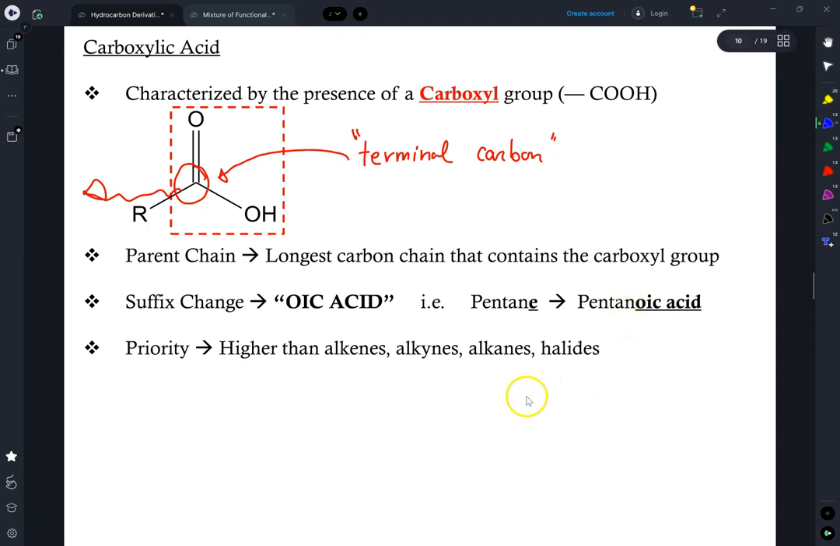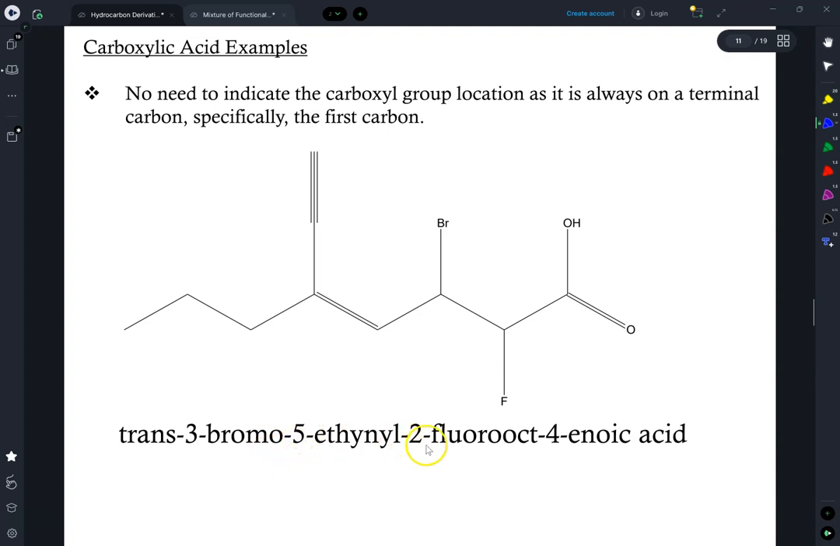And as with all the previous functional groups, its priority is higher than those of alkanes, alkenes, alkynes, halides, and benzene. Looking at our first example, we have to choose the longest possible continuous carbon chain that includes the carboxyl group. So that would be 1, 2, 3, 4, 5, 6, 7, 8 carbons, which is why it's called oct